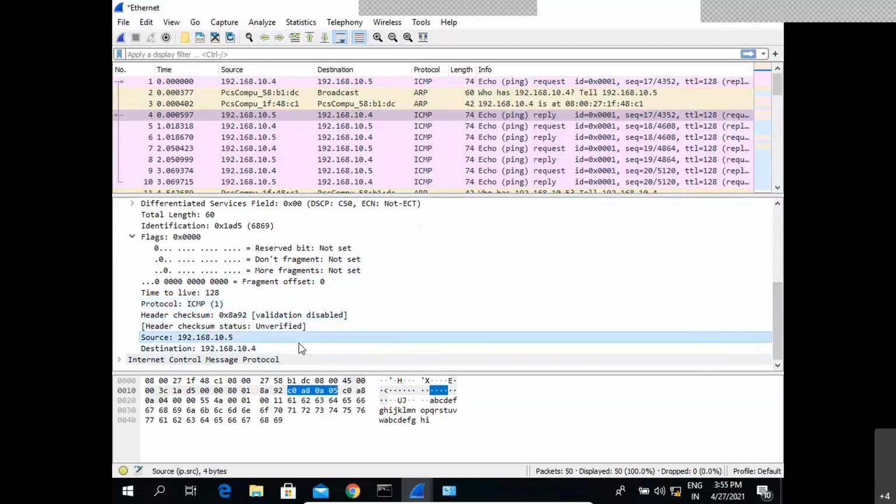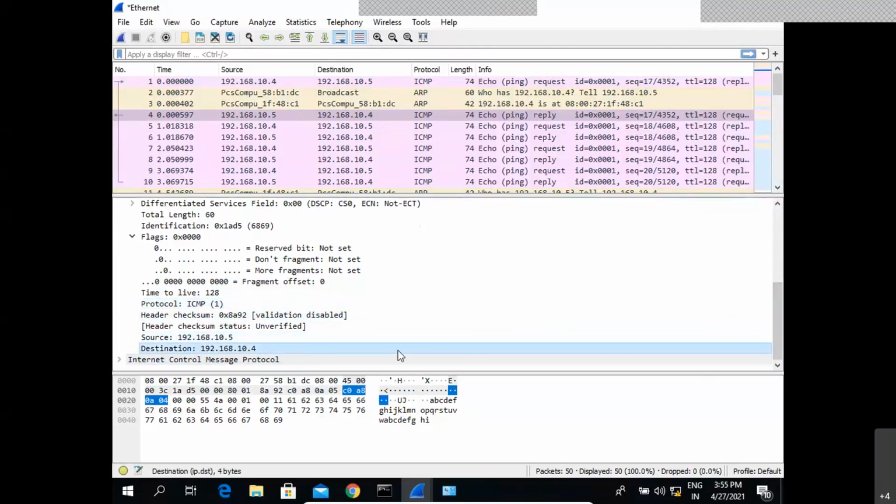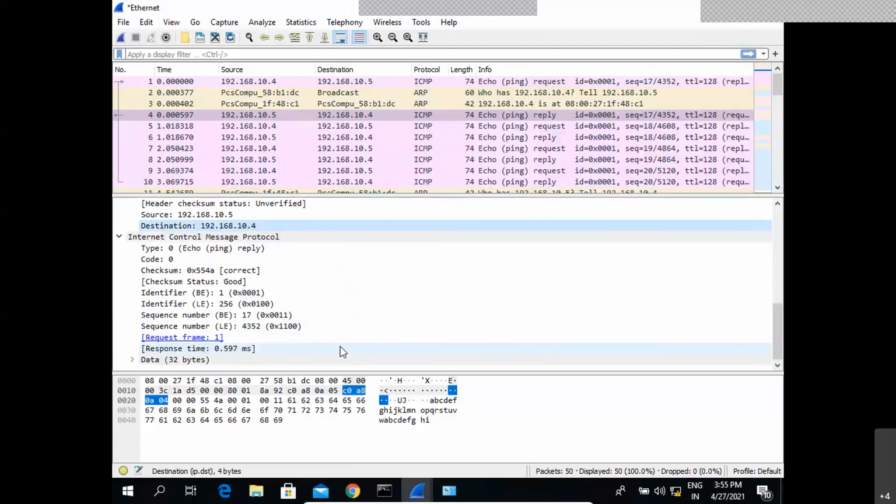Now, if we go to the ICMP protocol, because this IP is pointing to ICMP, there is a section of ICMP also. As in the morning session we have already seen the ICMP parameters. ICMP is used to give communication or feedback to the destination machine. That communication is based on different types and codes.